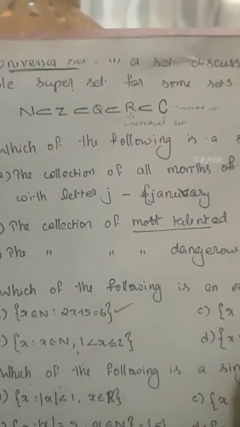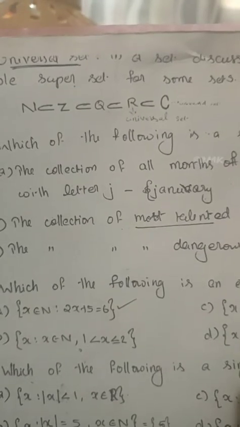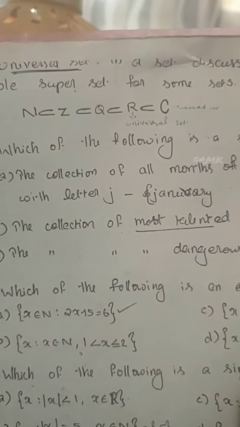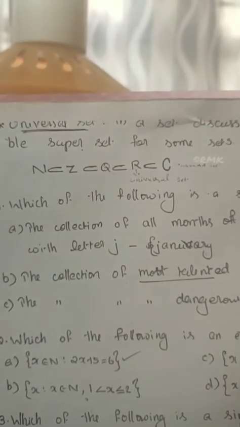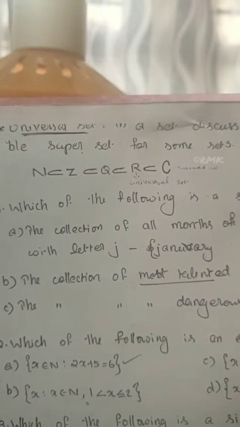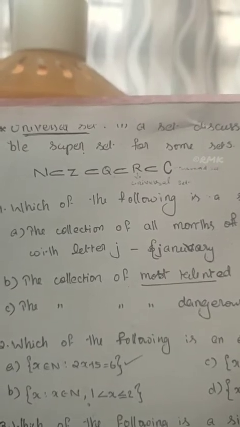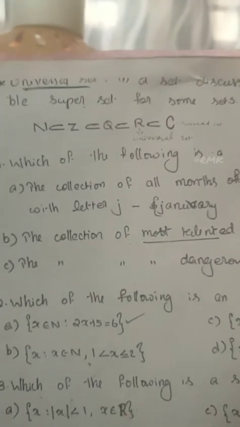Universal set. In a set discussion, the universal set is the biggest possible superset for some sets. Example,